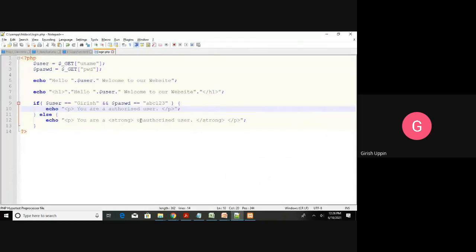In reality, authorization is not done like this. Normally, we will have a database. All the information will be stored in some kind of configuration file or a database, where it will be fetched, and everything will be encrypted. We decrypt and validate whether the particular user is valid or not. This is just a simple demo. Here you can have a list of values stored in the file, a combination of user ID and password, and from there you can fetch and do the validations. That would be a little better than this particular option.